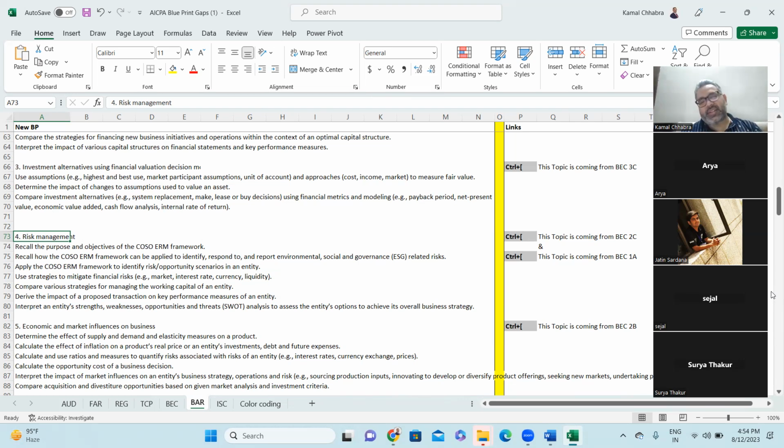So risk assessment means identifying risks. When we are discussing in the context of a company, from the management point of view, I need to identify the risks to my business, right? So from the management side, they do risk assessment for their business. What can go wrong for their business if anything is happening or if anything is not happening? That is called risk assessment from the business standpoint.